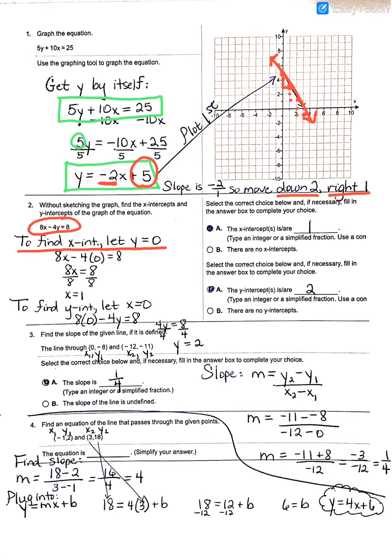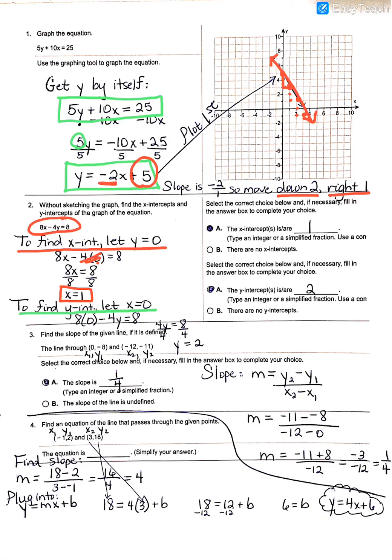So what you have to know is to find x-intercepts, you always let your y be 0. So I took my original equation here, and in place of the y, I plugged in 0. So 4 times 0 is just 0. That term went away. So you just have 8x equals 8, divide both sides by 8,